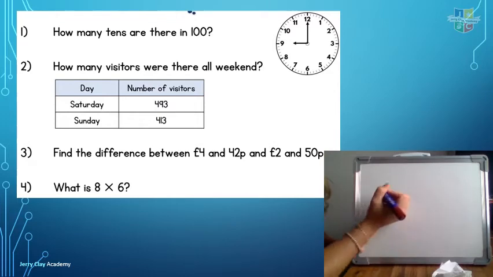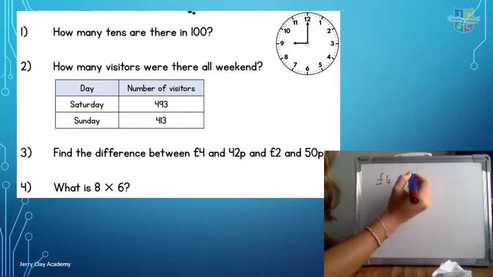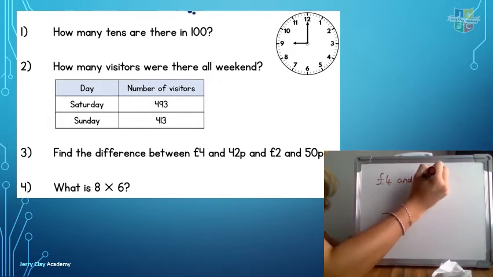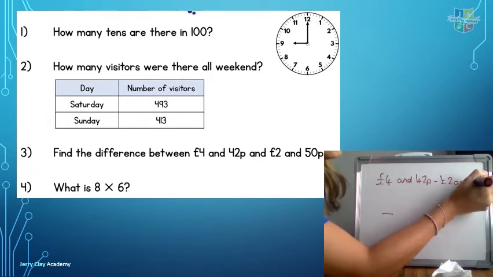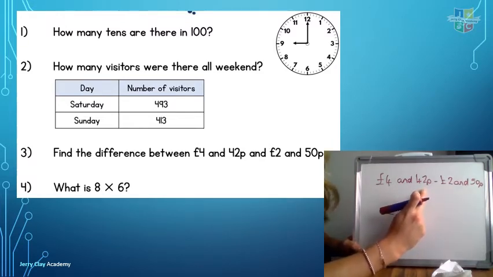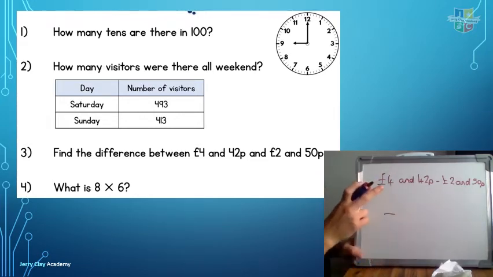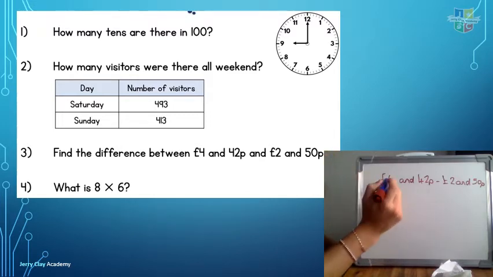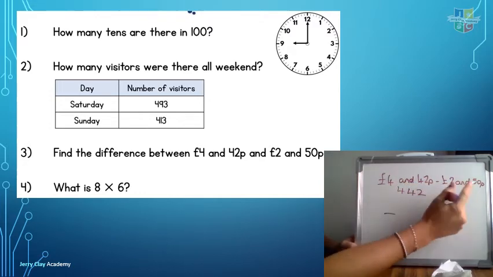Number 3, if we're finding the difference, we know straight away that we're going to be taking away, because we want to know how many numbers are between these 2. So I want to do £4 and 42 pence, take away £2 and 50 pence. Now, you could have either done £4 take away £2, however, you can't do 42 pence take away 50 pence because it's a smaller number. So the easiest way I would have thought here is to convert them all into pence. So in £1 there is 100 pence, so in £4 there'll be 400 pence, and your 42, so 442, and you're going to take away